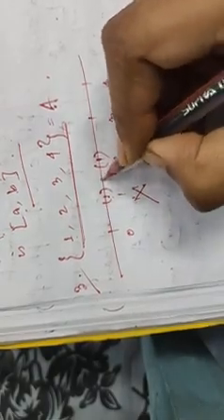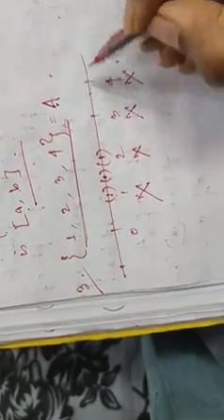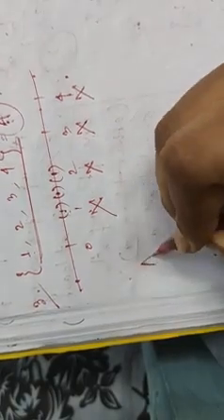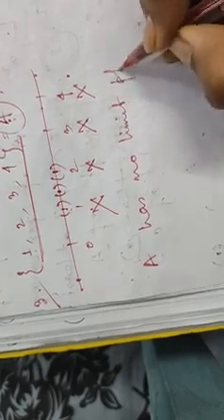Now other than 1, 2, 3, 4, if you consider any point from the middle, suppose from here, consider any neighborhood. It doesn't contain any point of A. So if you choose any point from the real number system, it doesn't satisfy the condition to be a limit point of the particular set A. So we can write that the set A has no limit point. Okay, this is how we find the limit points of a set.